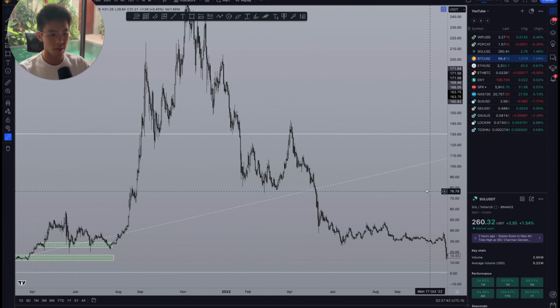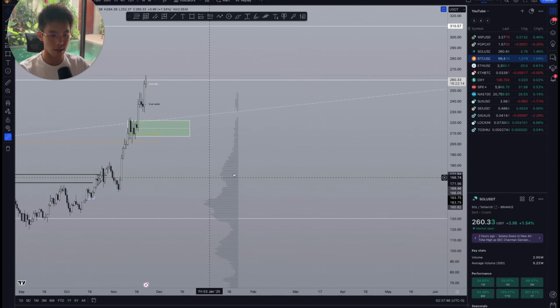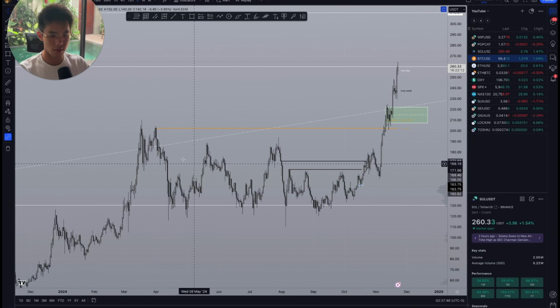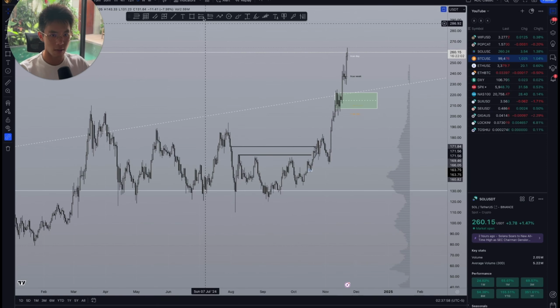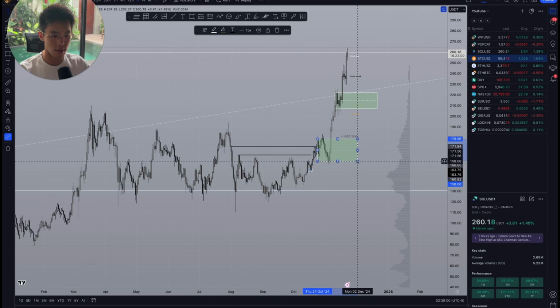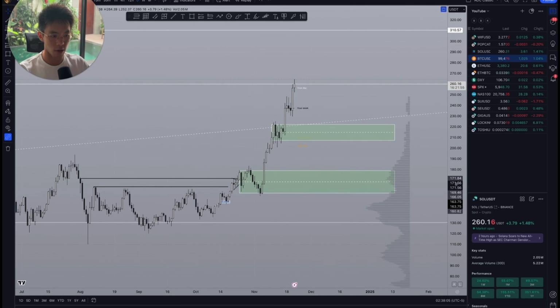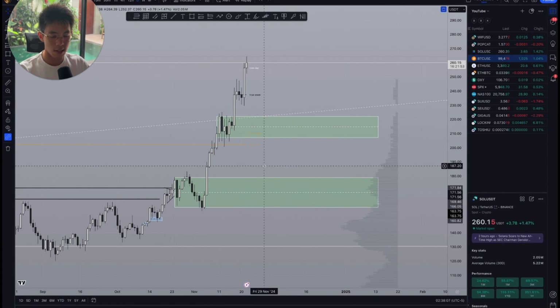But taking what we know from history and just extrapolating it back to here, we can see also that, first of all, this is your huge value area, basically. If price were to retrace back into this value area, this is going to be your best, most ideal zone. But if it doesn't, we have two other zones that we can look at, and that's going to be right here. Now, the reason why using volume works so well is because, first of all, if you don't know what order flow is,